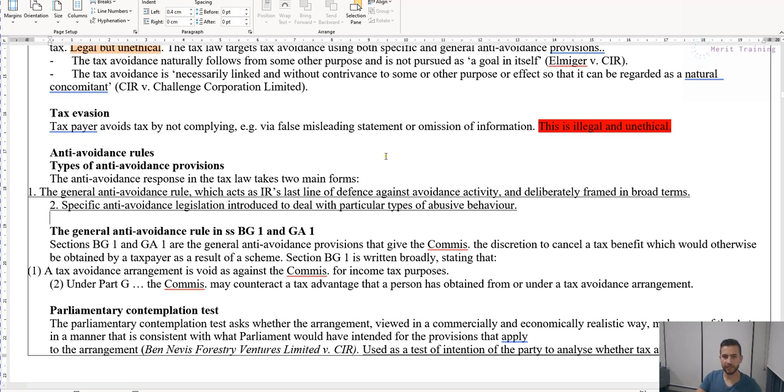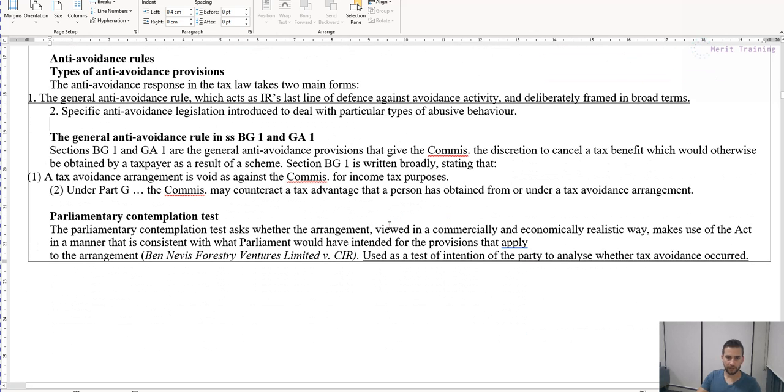So what this is saying is it's the IRR's last line of defense against avoidance activity, because it's such a catch-all. So if the legislators miss something and the taxpayer said, look, I followed it to the line, well, the legislator will say and the commissioner will say, just refer to anti-avoidance provisions and we're going to get you on that, right? Because you didn't follow the anti-avoidance provisions, the rule is follow the intention of the law and the spirit of the law. And if you don't do that, then it's avoidance. Okay,